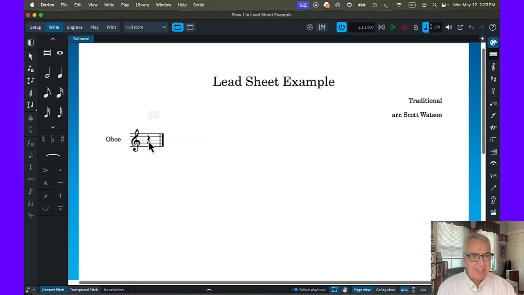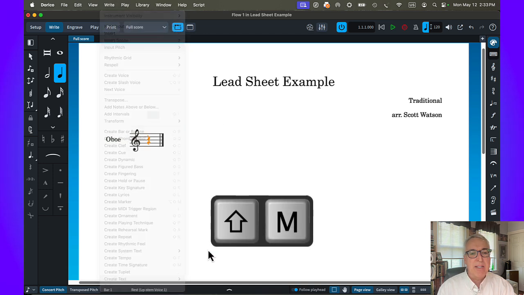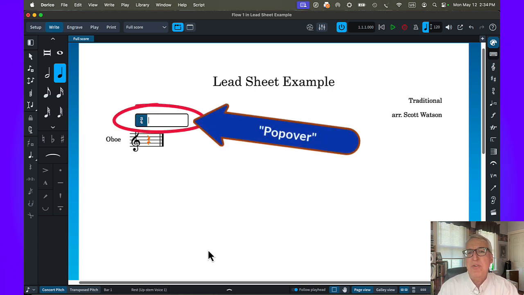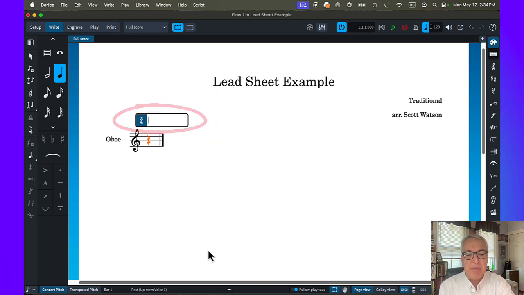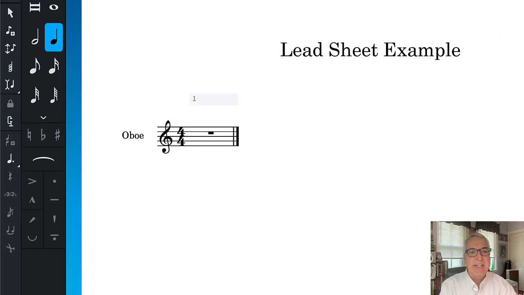Anyway, let's first tell Dorico what the meter is. And the meter is going to be 4/4. Remember in the Write menu, for time signature, I could say Shift M. Well, I'm going to do that right now using the keyboard shortcut Shift M. And what appears is what's called a popover, which is kind of a unique thing in Dorico. These little text fields where you can type stuff, in this case, the time signature. So I'm going to type the most intuitive thing for 4/4, 4/4, and hit the return key, and boom, now